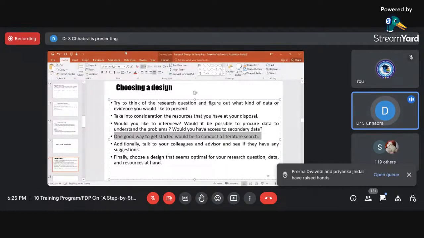So while framing the study, please be careful, that's what I said. What resources do you have under consideration? At times you may be told, okay, go ahead, I would support you in this research. Don't plan a research on someone's assurance, please. Plan a research based on the idea that this research is valid. There can be n number of things you have to look into as to why you want to do this research. But my idea is that don't plan a research based on someone's assurance that don't worry, I would